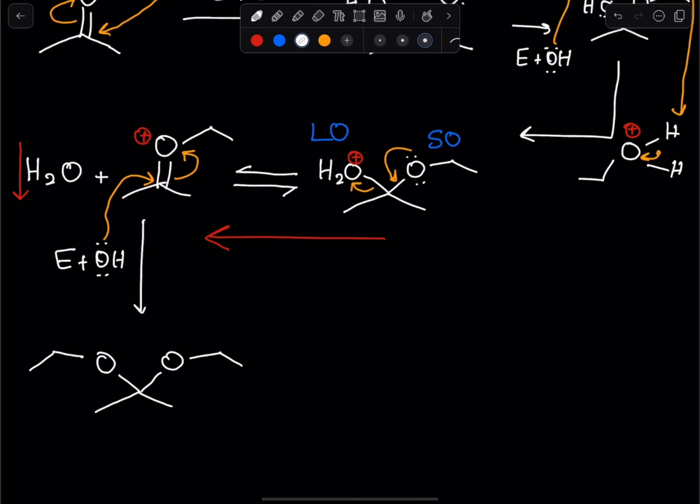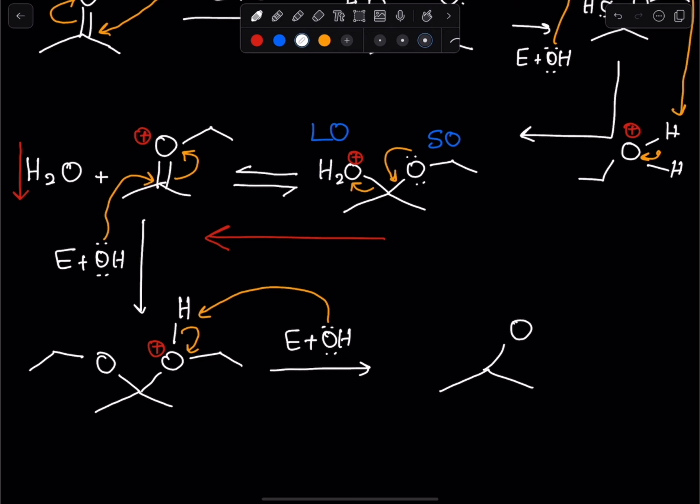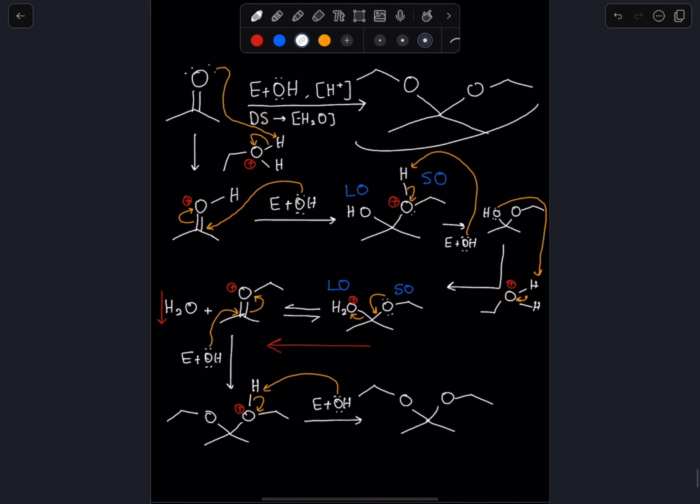Now notice how the one that attacks has a hydrogen on it, so we still have this proton, and then at the end we just need to deprotonate this guy. And we have formed the product that we predicted we would form. Okay, so now it looks really bad, I know it does, but look,